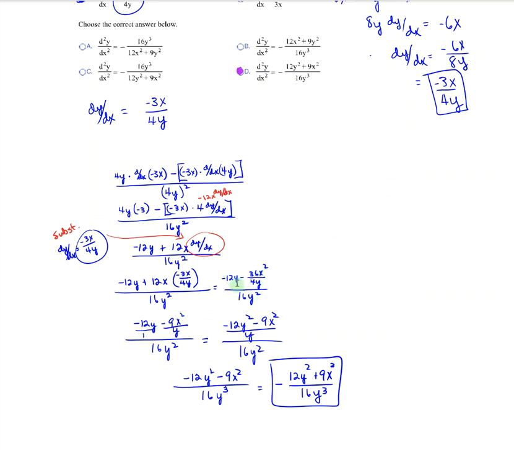We want to make this be one fraction. And before I did that, I did simplify 36 and 4. So I had 9 over 1. All right, now this is a 1, this is a y. So we're going to multiply y here, and we have negative 12y squared over y. That's the same as this. Minus 9x squared over y, over 16y squared. That's a double denominator. This one's going to come up here and be 16y cubed. So that is, this minus,